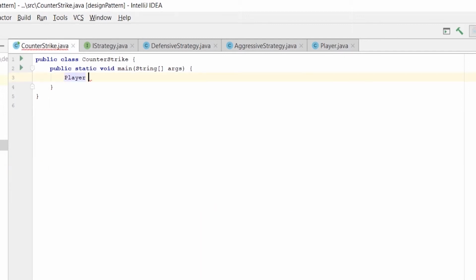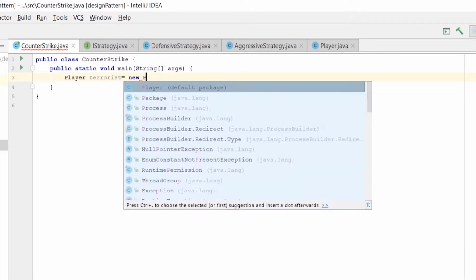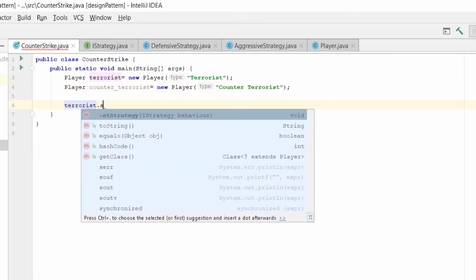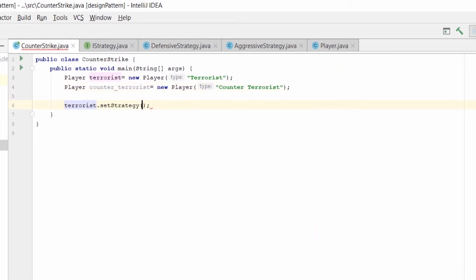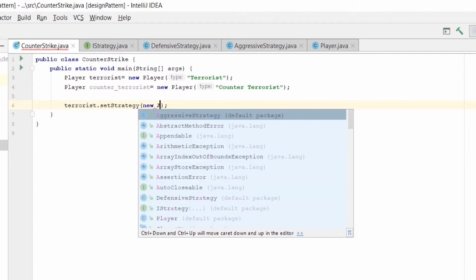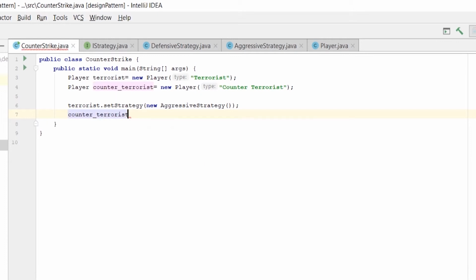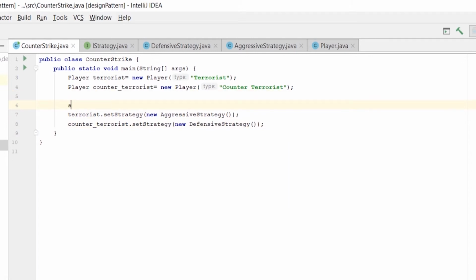Now in the client class Counter-Strike, we will create two players, a terrorist and a new player, counter-terrorist, for CT. And set the strategy for terrorist to aggressive, and for CT set the strategy as defensive, and this behavior is before the bomb is planted.